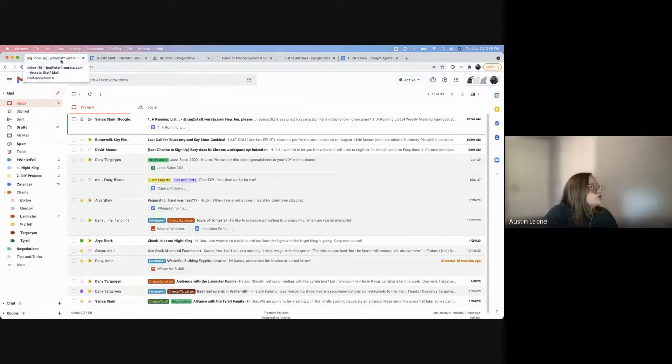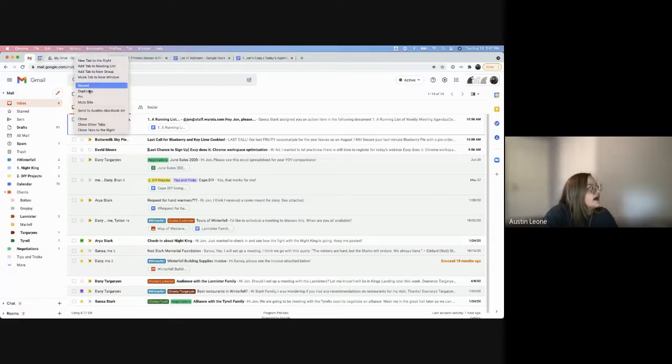So one thing that you can do is, for those tabs that you visit throughout the day, every day, I like to use a pinned tab. So I'm just going to right click here on one of these and choose the pin option. And you can see it's going to make that tab really small, and it's going to move it over to the left-hand side. And I'm going to repeat this with Calendar and with Drive because, again, I'm constantly visiting these